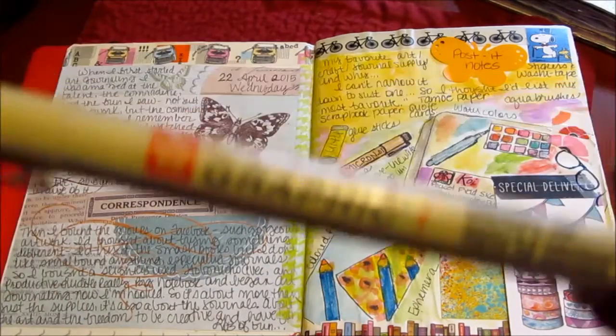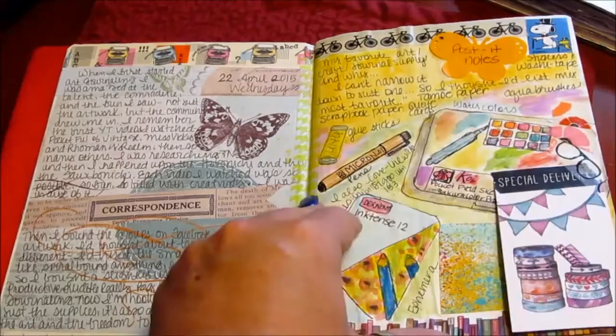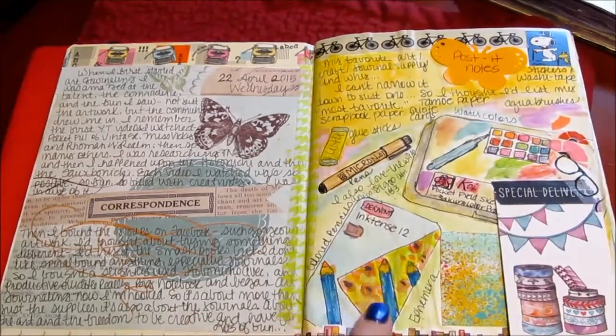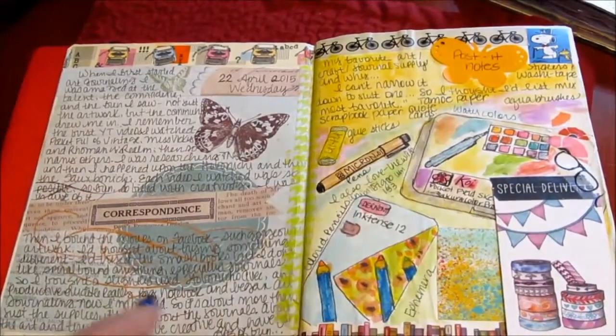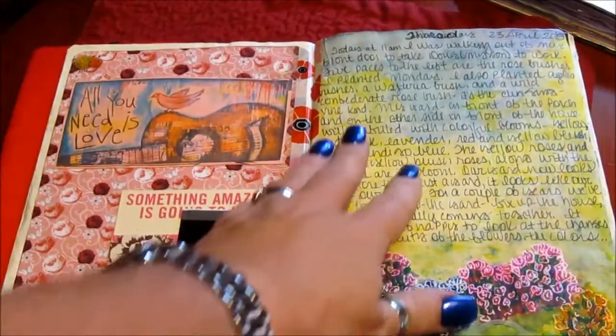And I got a new pen. It will actually write on washi tape and pictures. So I'm really pleased about that. But these are some of my favorite, my Derwent Inktense pencils. I only have the 12 count. And I love washi tape, post-it notes, scrapbook paper. The next one was